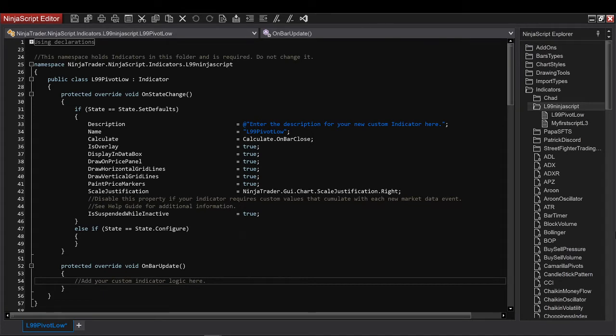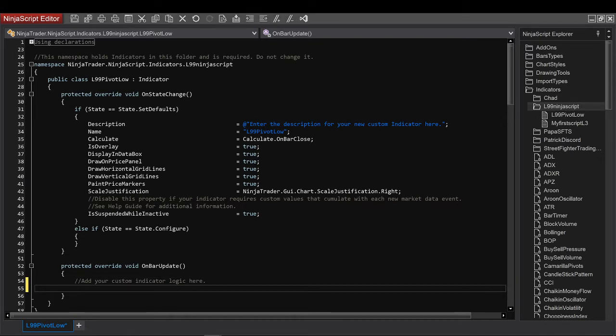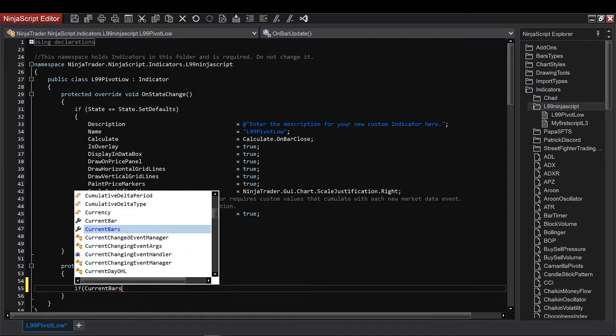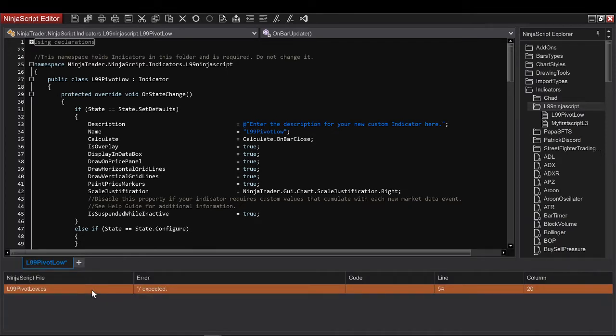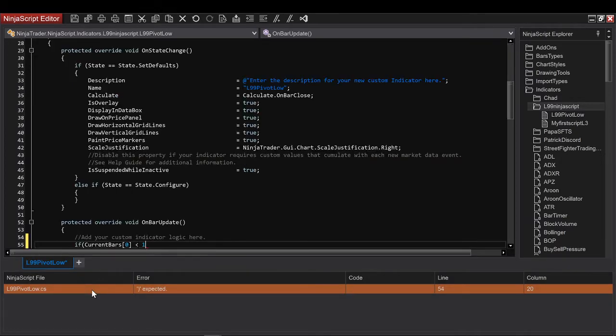So the first thing that we need to do actually is to say to NinjaTrader that we have enough candles that are printed on the screen, okay? So to do this, we need to do if, right, CurrentBars[0], okay, is lower than 1, then I return.